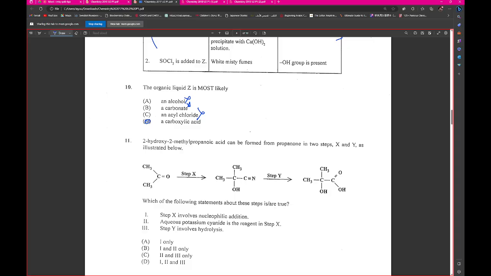All 3 are true. Okay, so step X involves nucleophilic addition, so we know that we're going to be creating our cyanide group on it. Aqueous potassium cyanide is the reagent, wonderful. And step Y involves hydrolysis, which is,